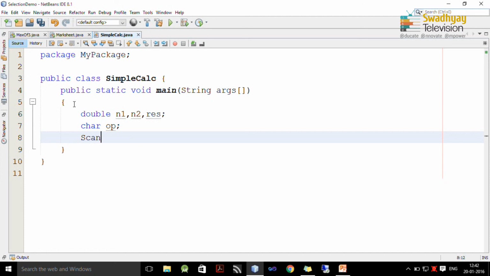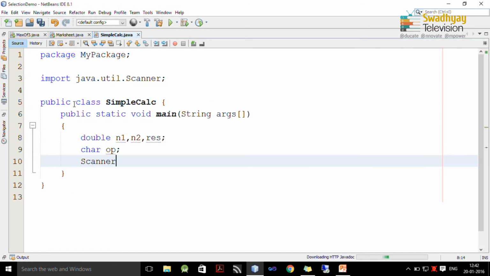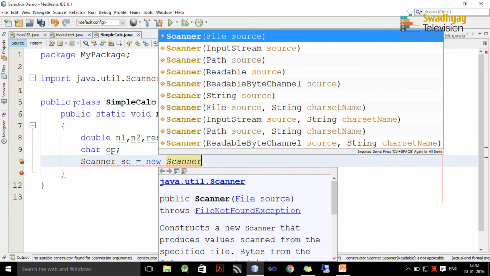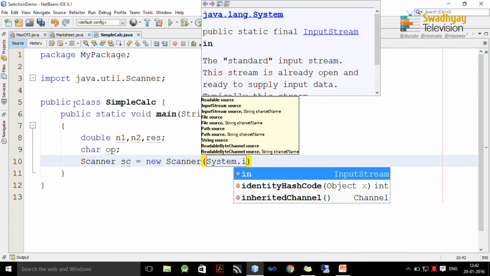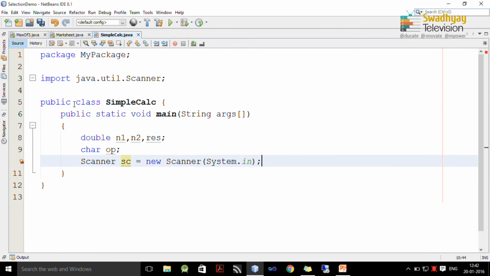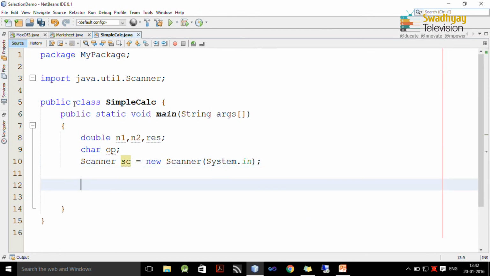And we are also going to declare the scanner class and create an instance of the scanner class, and we provide as a source the input stream which is the keyboard. So, we have all necessary variables declared.